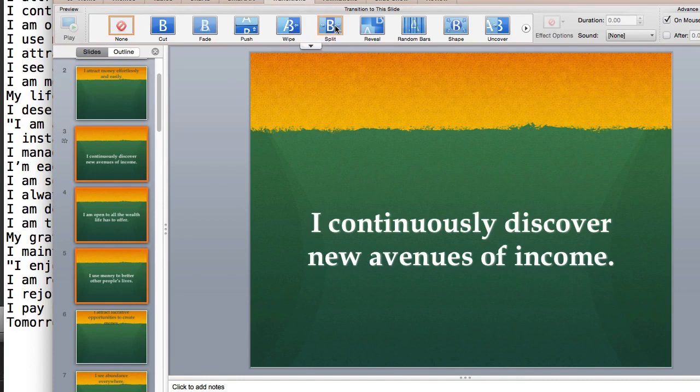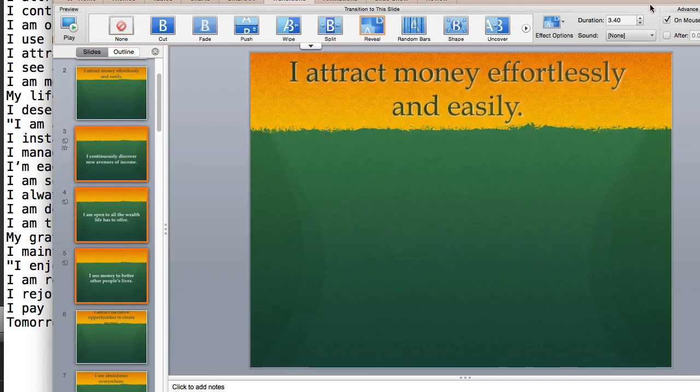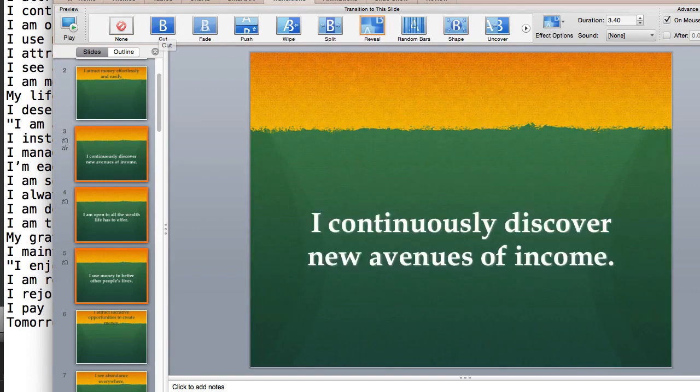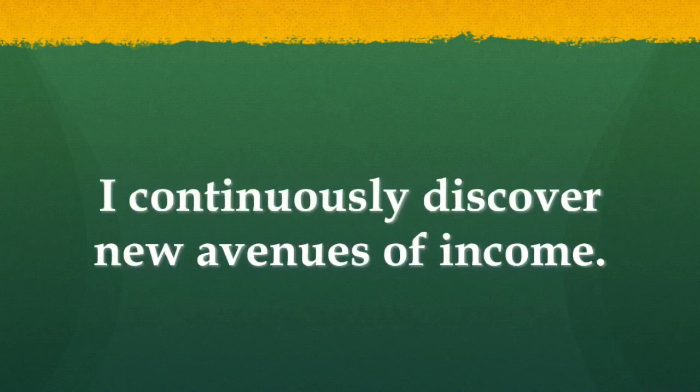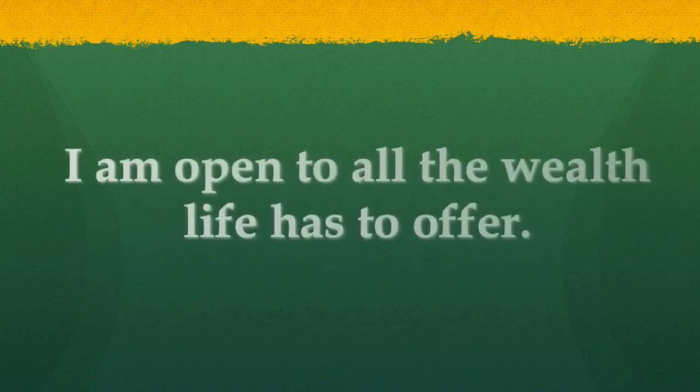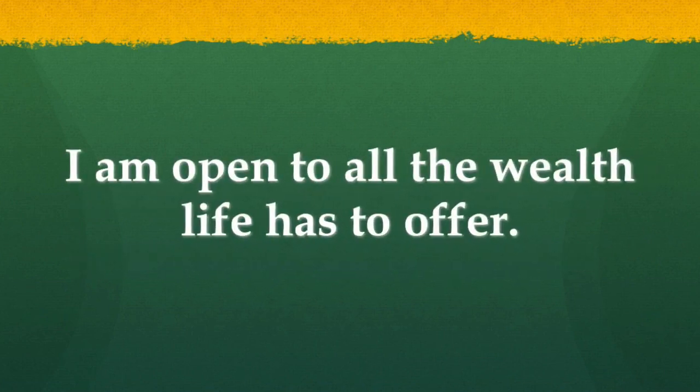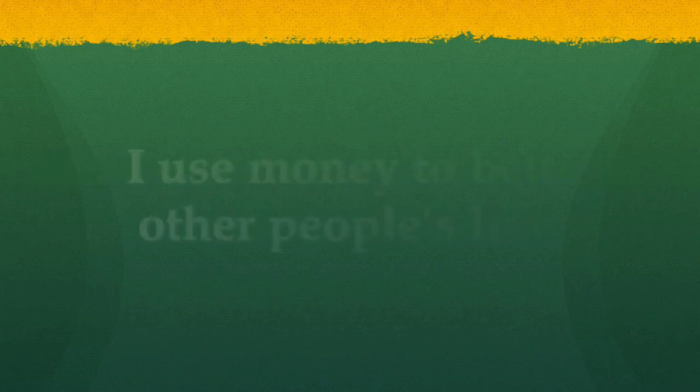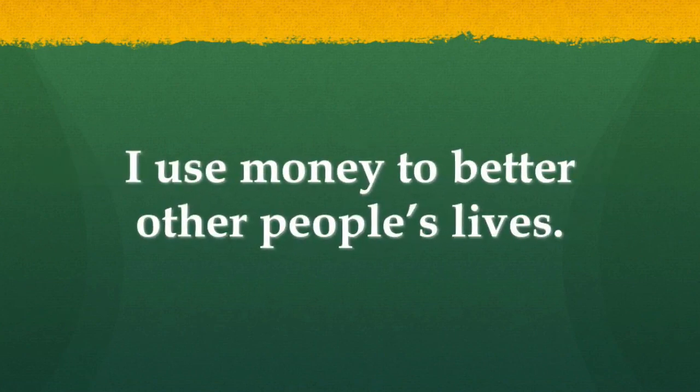Or transitions, I guess. Let's do a transition. That looks like the way to do it for this. So we will do a reveal. I don't know what that is. Okay, so let's go here and try clicking play. Okay, the first one I didn't make an edit to. And where are my others? There we go. So there's affirmation 1. It fades out. The next one fades in. And I click and so on. So very quickly, we've taken the affirmations from that Word doc and put them into a slide deck here.